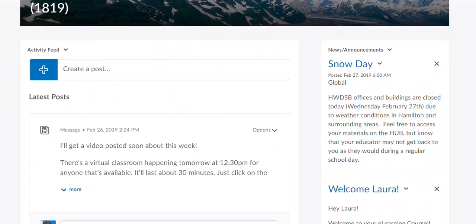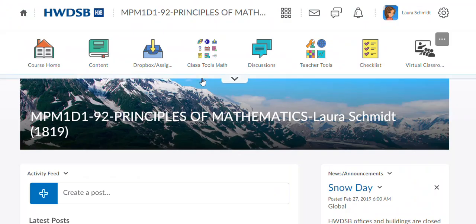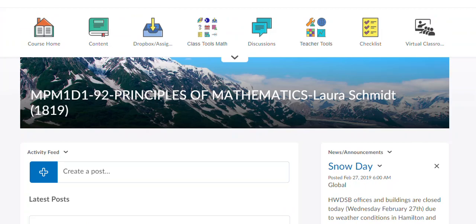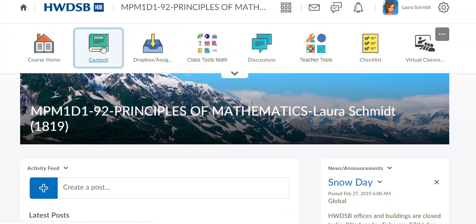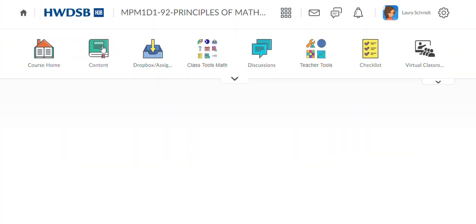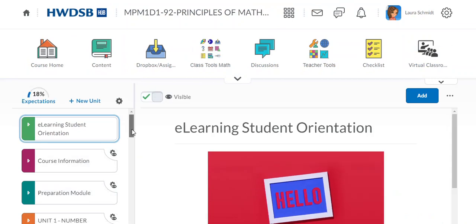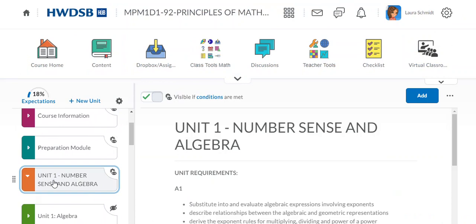So just to take you through some stuff again, the content is where you access everything in the course, and the activity feed here on the front page is where you check for updates, and this side panel here, the news, just posts things every once in a while, like for example today's snow day. Okay, so if we head into the content, on the left hand side is where we find everything, and if we head into unit 1,